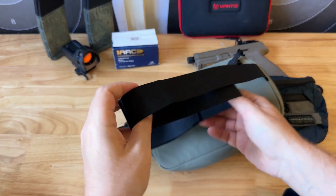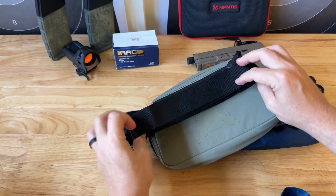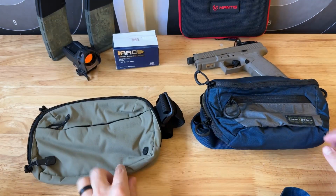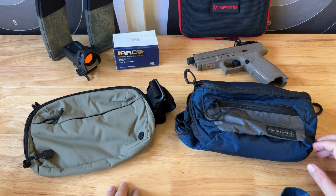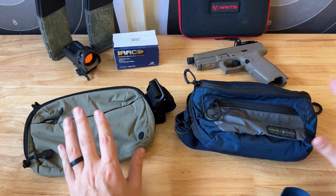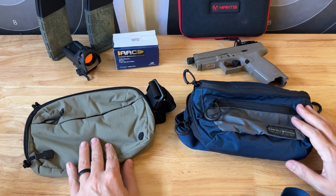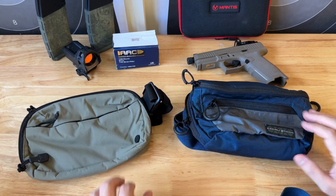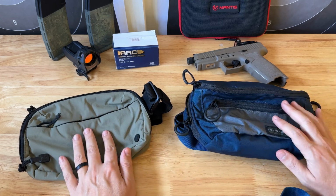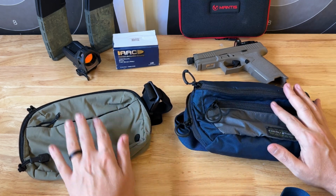So it starts to be kind of known that if you see a guy who's kind of fit and wearing a fanny pack, likely he is carrying, and that would start to make people targets for things just like that, like, you know, the days of cutting the strap on a purse and running off. Kind of the same thing here for fanny packs, and why no one has cut resistant straps is beyond me. So that is something I would love to see, but that's a direct comparison, the Eberlestock Bando bag versus the